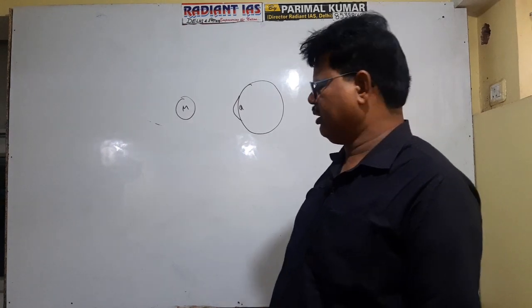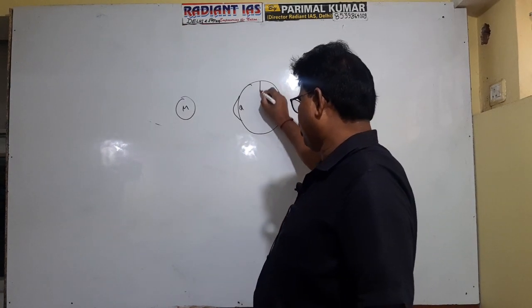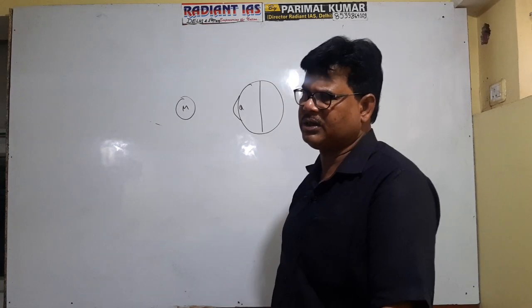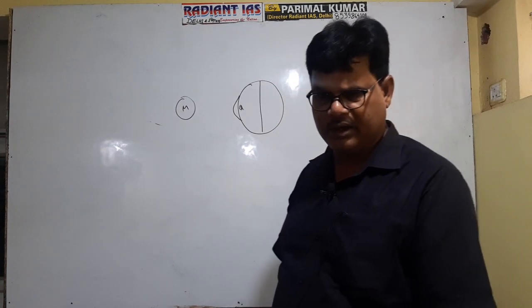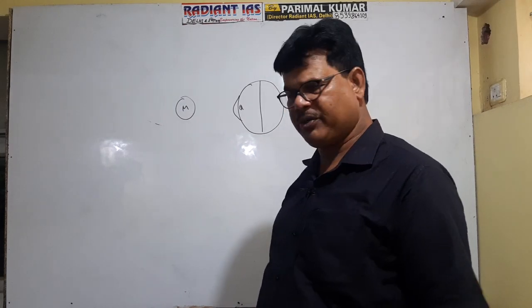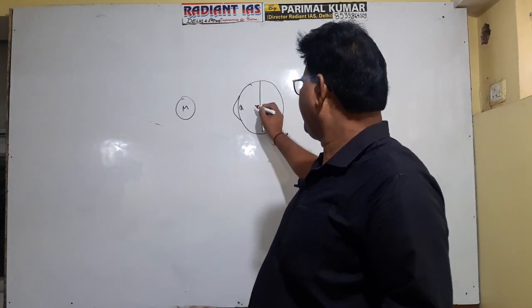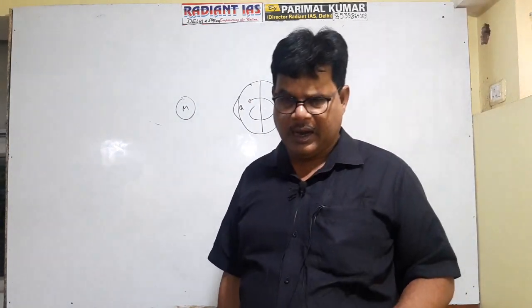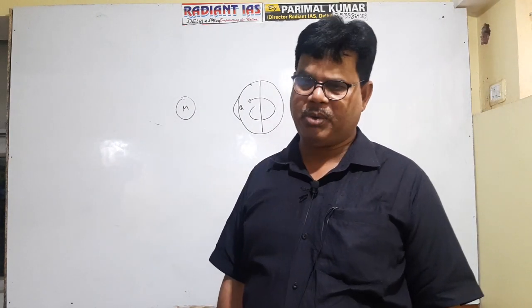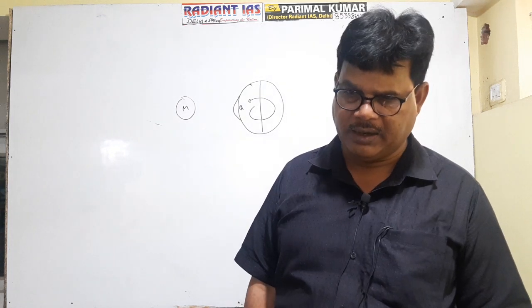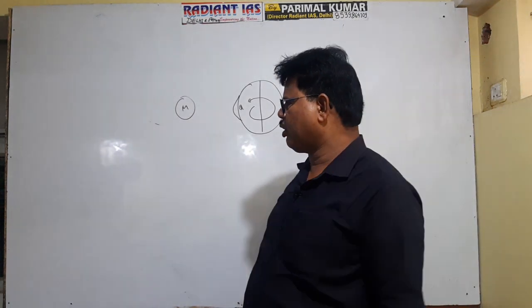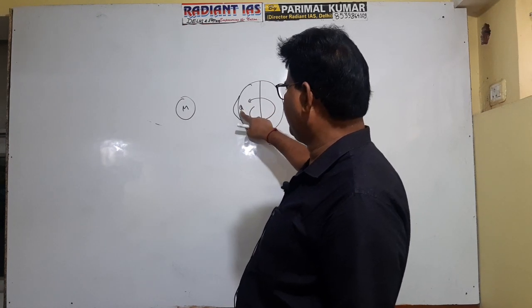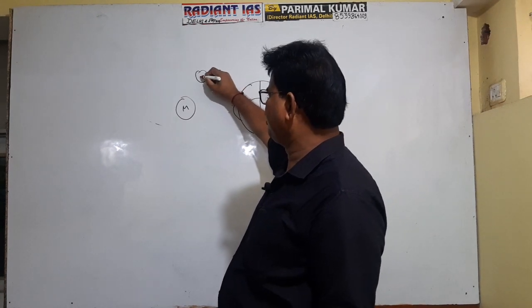Since the earth rotates on its axis and takes almost 24 hours to complete one rotation, place A will return in front of the moon after 24 hours, and hence the tide should be repeated at a gap of 24 hours only. But since the moon is also moving, by the time this place of the earth comes here, the moon shifts itself to this place.